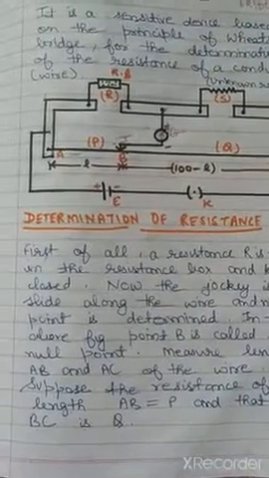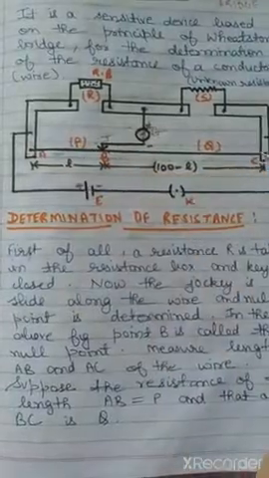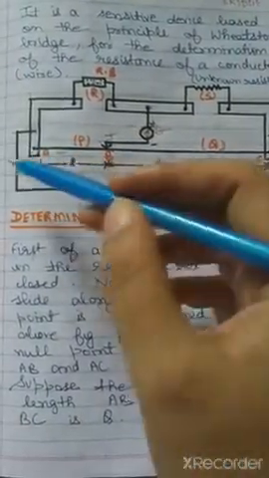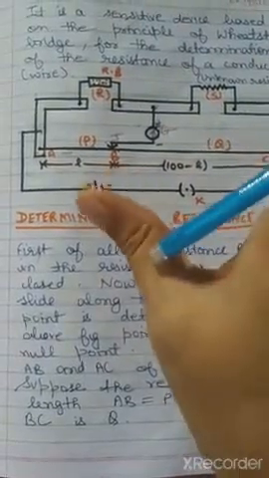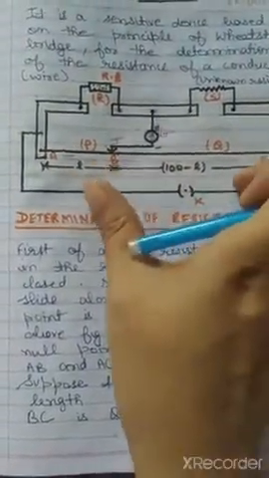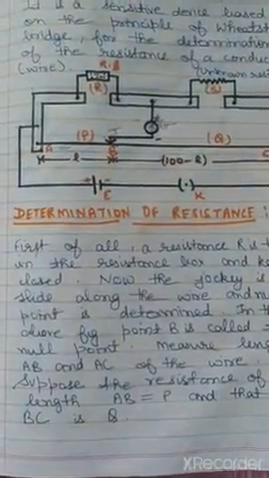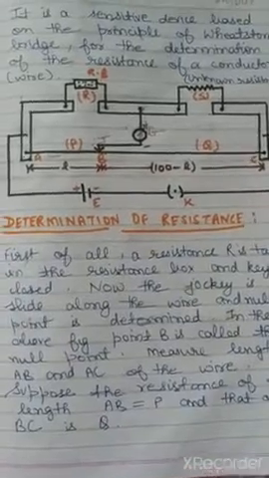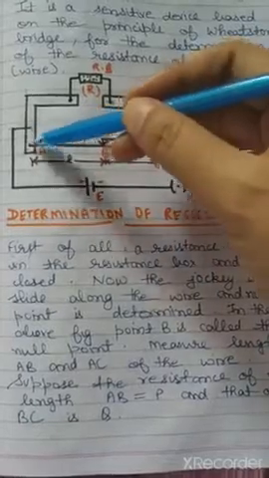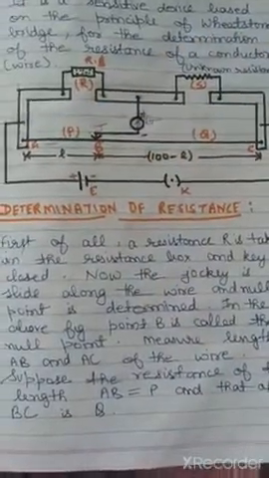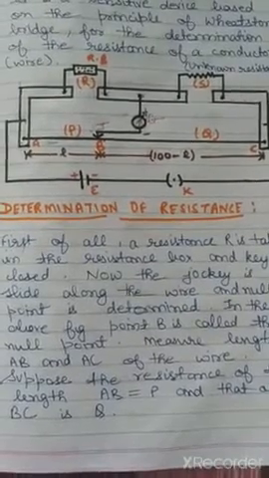All the things will connect here. The first binding screws of these copper strips are connected with a 100 centimeter wire which is fixed. It is attached on the meter bridge, and below it you will see a 100 centimeter scale to note down the reading. The wire connected across these binding screws is of manganese or Constantan; either manganese or Constantan we use for this meter bridge.